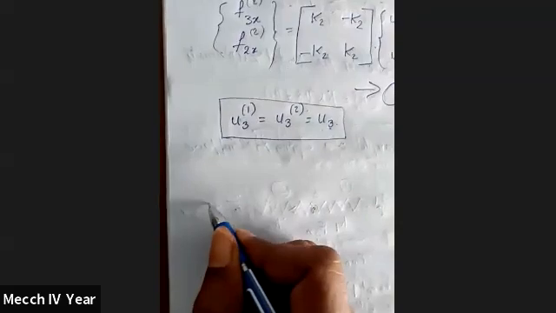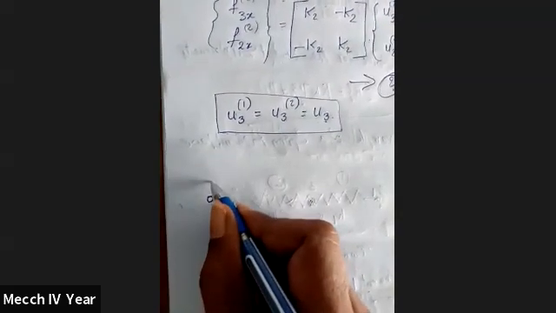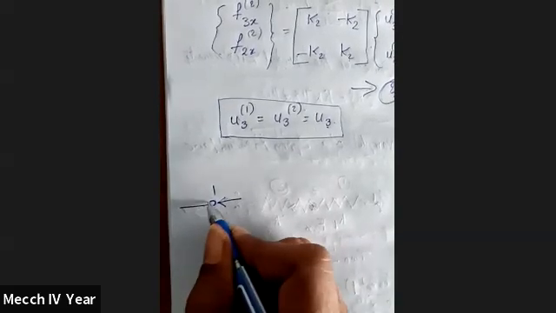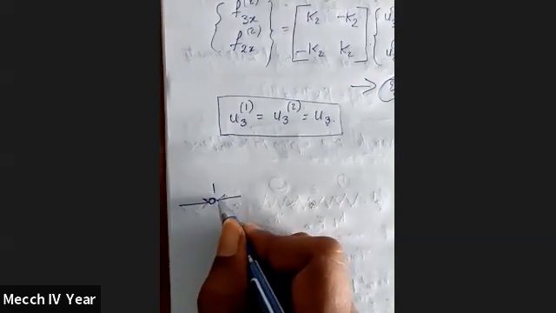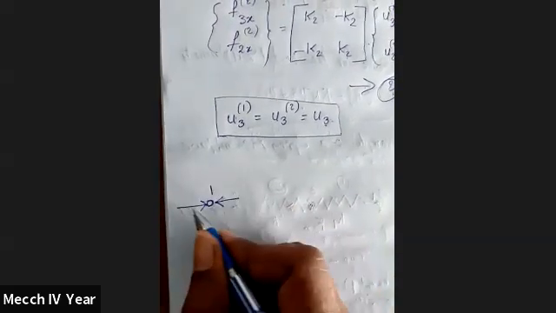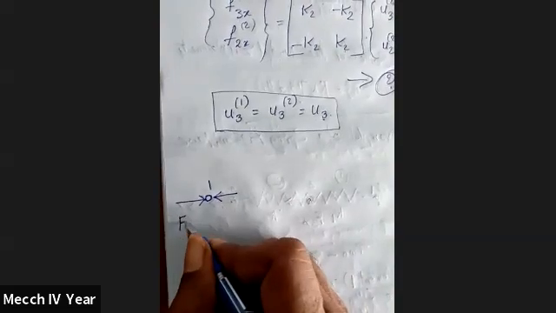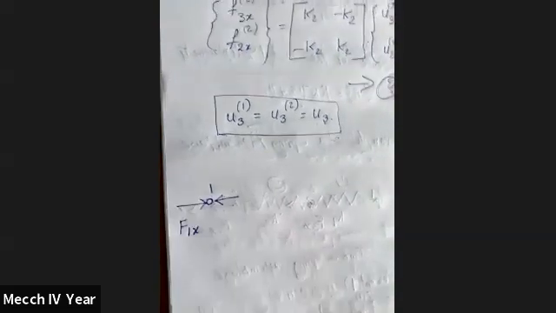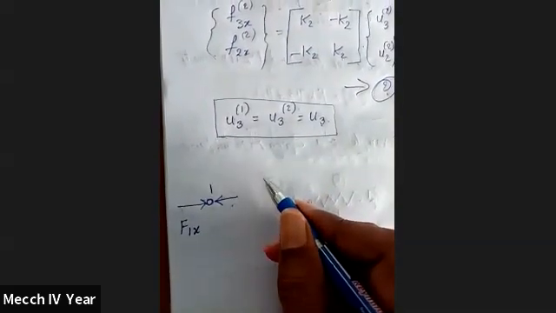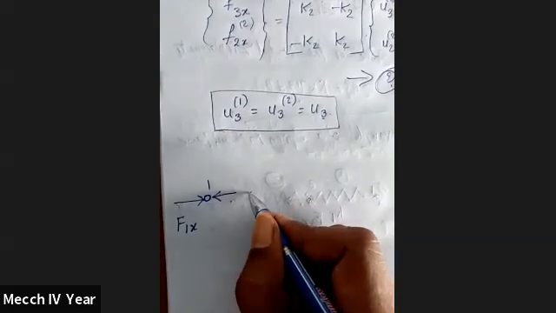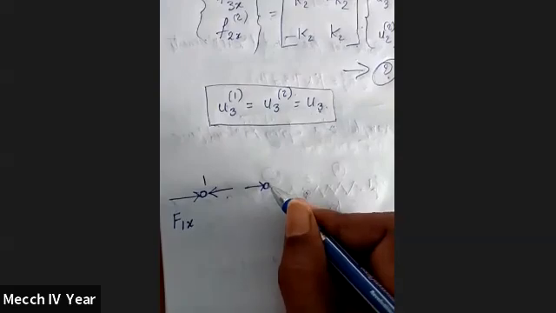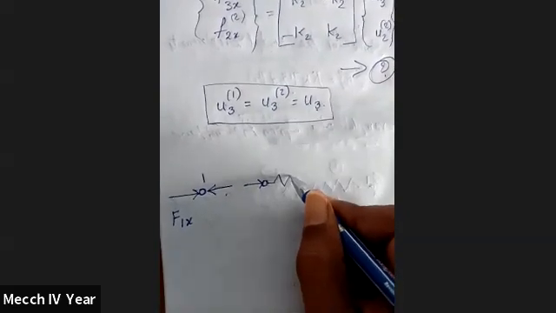We are going to separate these nodes. First node, one force is acting like this. Another force is acting like this. Now this one is called F1x. This one is called F1x. And now here we are going to see the continuation. This is node 1. Okay, this node 1. This one is called spring.